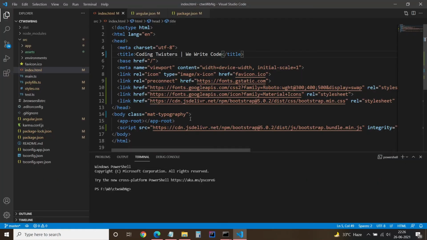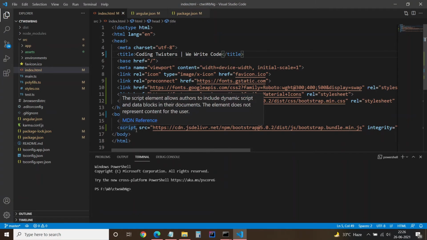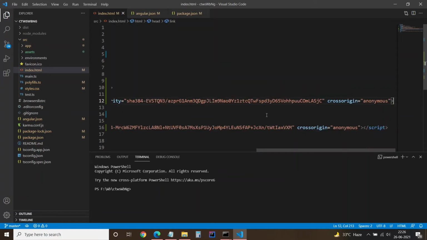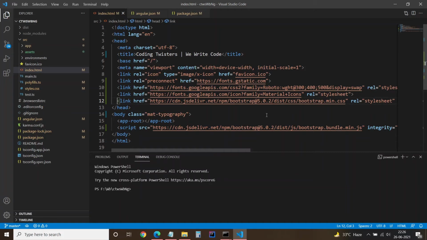Copy it and paste it just before the end of the head section. I have already pasted it. I have used Bootstrap 5.0.